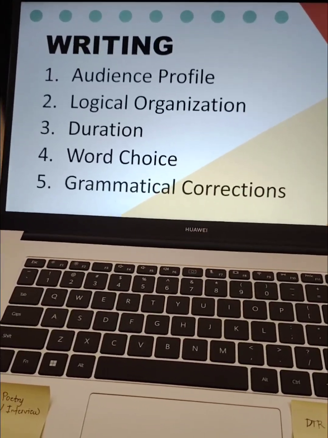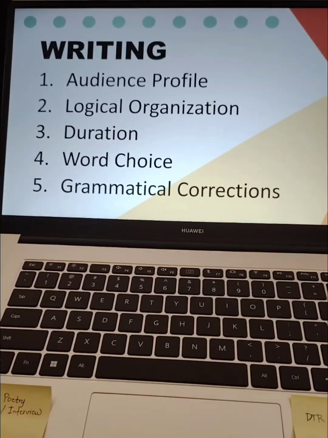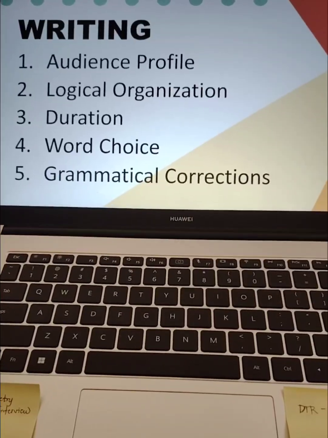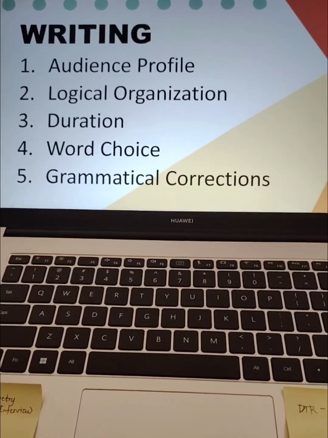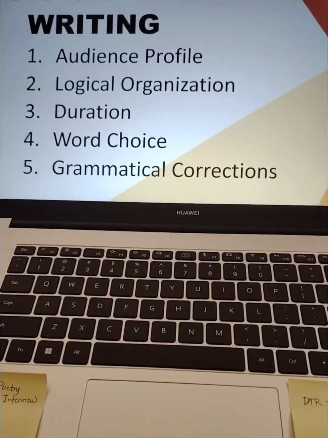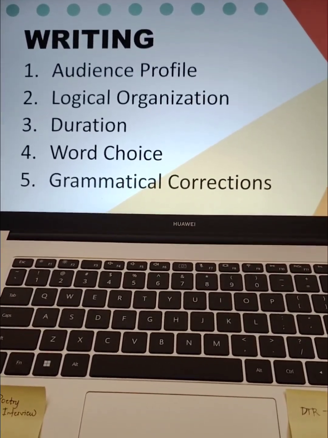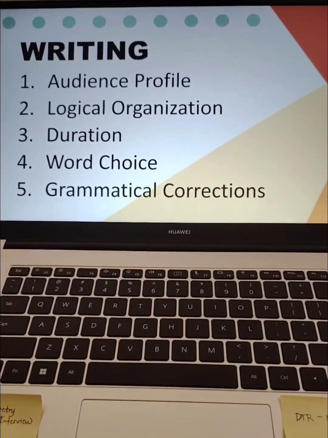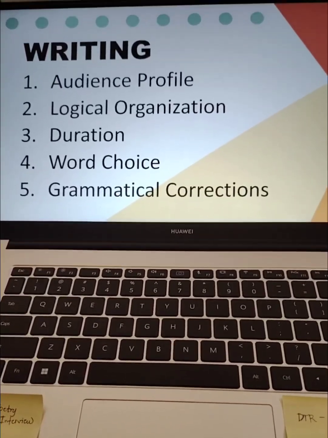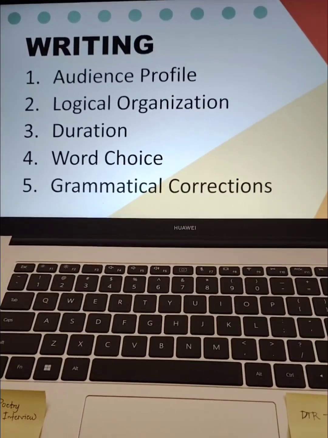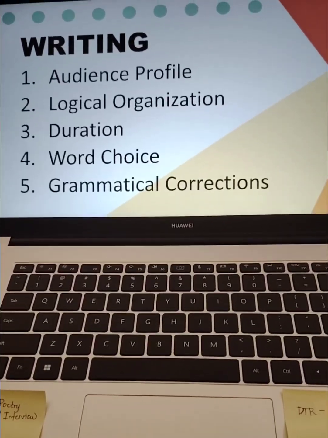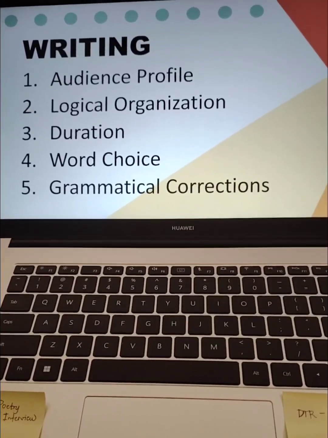Right? Speeches according to purpose. If your purpose while you are having the speech is to inform your audience, you can actually educate them. When we say pulchritudinous, it actually means beautiful. But of course, if you will be talking to children or kids, you have to use simple words.